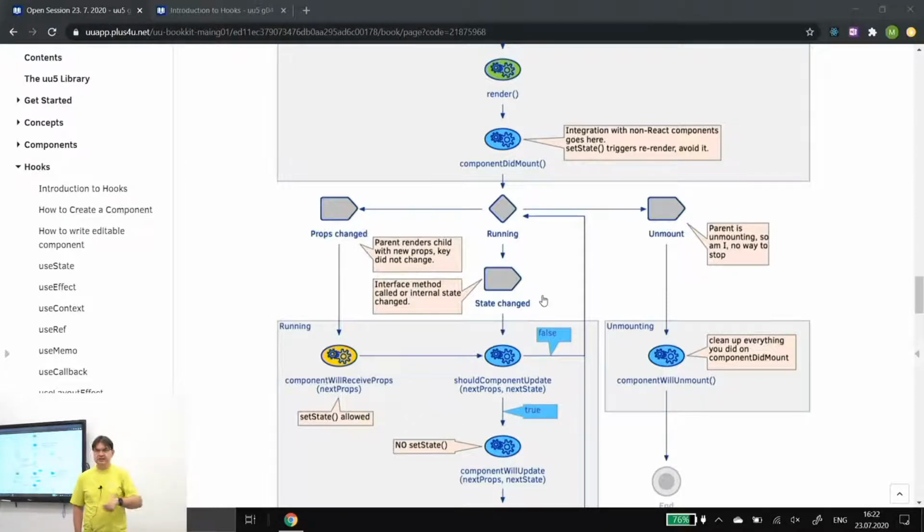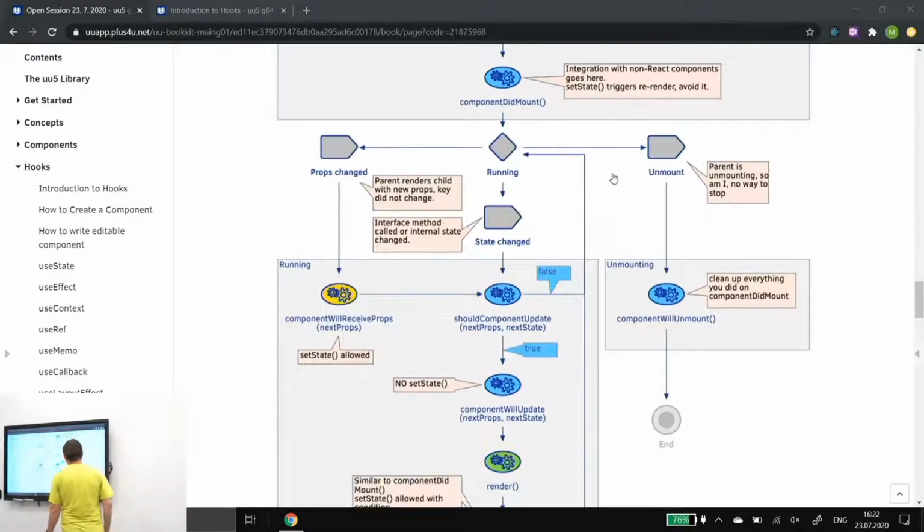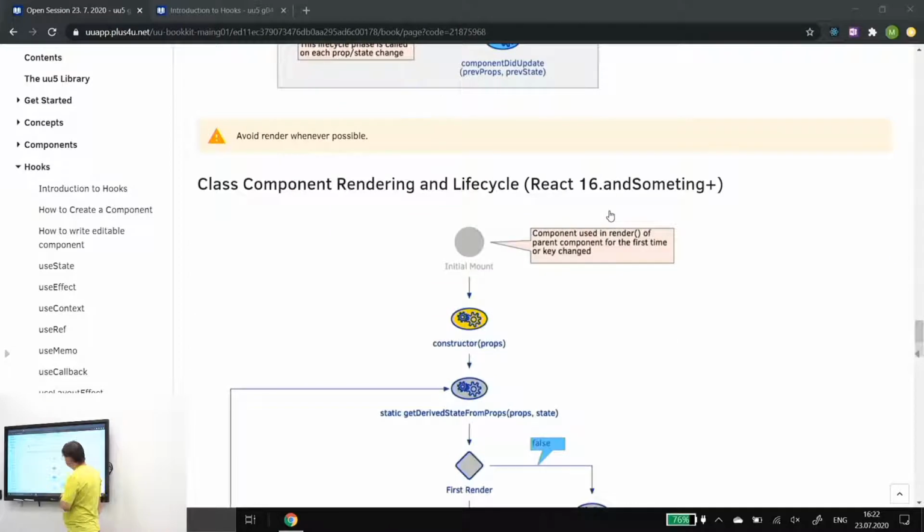and there's another lifecycle method which allows you to clean up after your component. For example, if you set some timer at the beginning, on the mount of the component, this is the place where you should clean up the timer or anything which is persistent somewhere else than in the component itself. So this lifecycle is quite complex, and you can scroll down, but